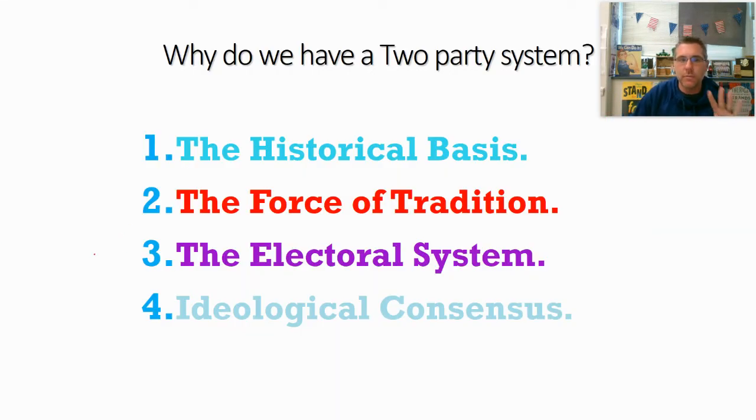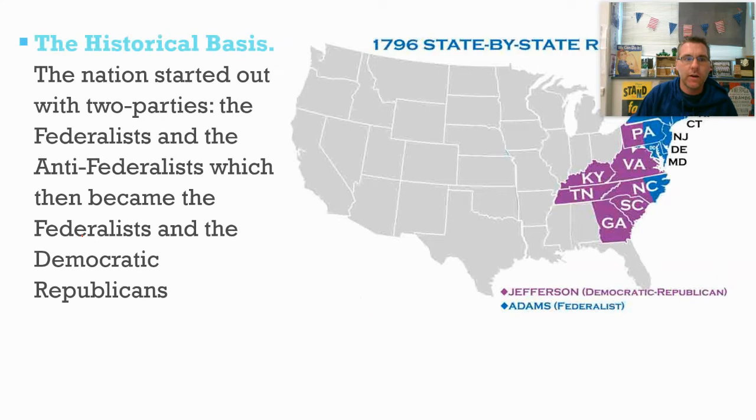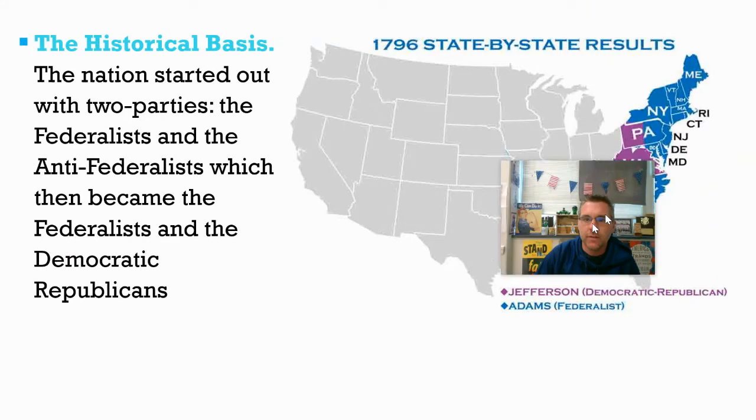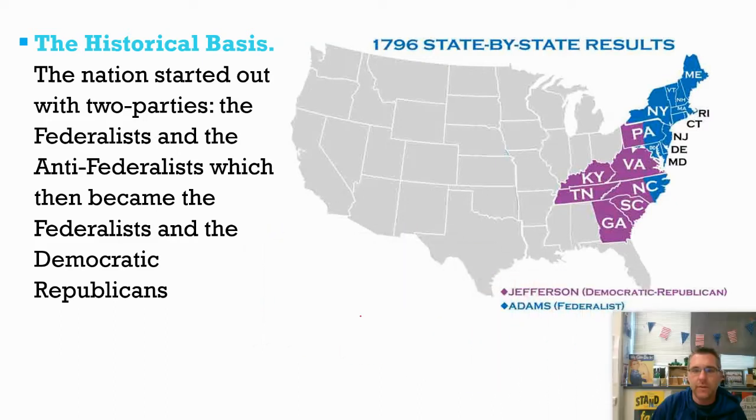Let me talk about the four major reasons why we have a two-party system, to conclude this video, and I'll go kind of quick. The first one is historical, going back to the Federalists and Anti-Federalists, and it has continued since then, right? Here's the map of America and who won, the Federalists or Anti-Federalists, and what that looked like. Again, a good split there between the big states in the north and the rural states in the south in many ways, and we can see how some of those states are pretty evenly split too.